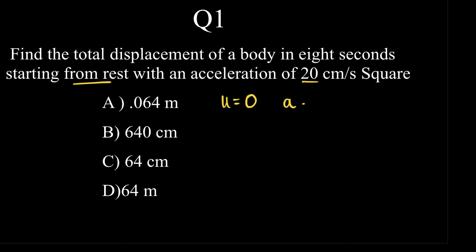Acceleration is given as 20 centimeter per second square. And we've been asked to find out the displacement of the body. Okay, so let's first write down the displacement time relation, which is given by S is equal to ut plus